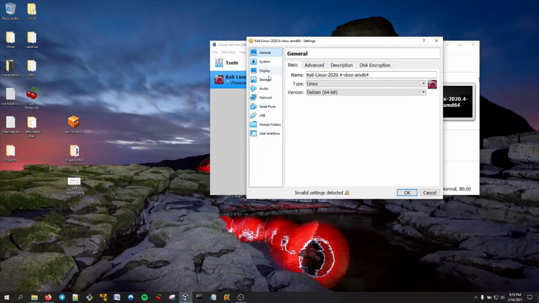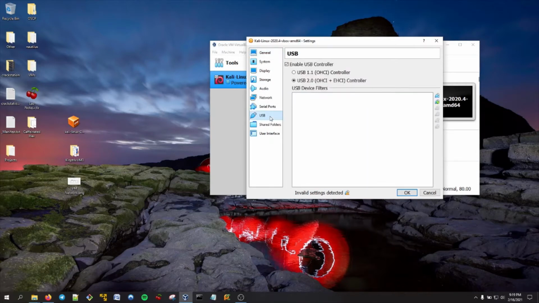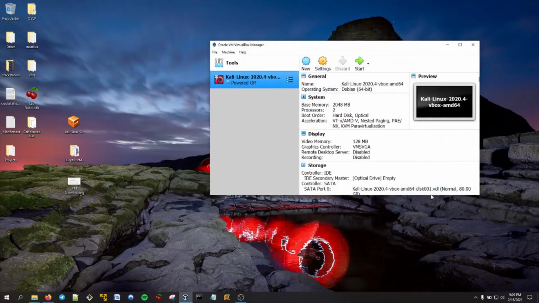And this is the VM's settings. Right down here it says invalid settings detected. Sometimes it doesn't like USB drivers. Just kick that back to 1.1 and that'll get rid of it. Right now we're running on a NAT network adapter. That's fine. We're going to add one more, although before I do that,